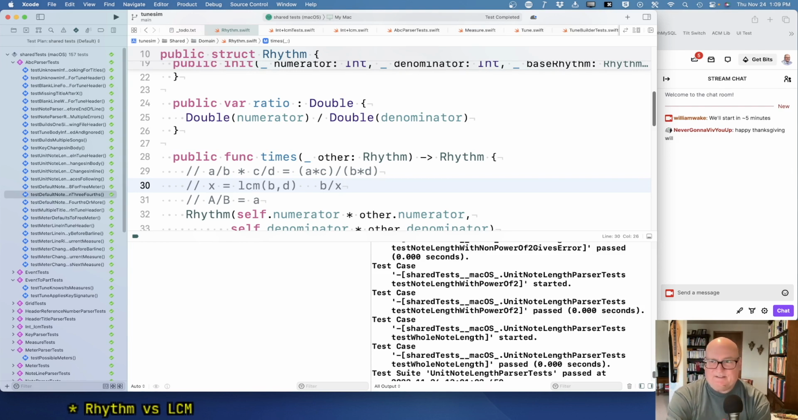I haven't even stuffed myself with turkey yet. Okay, if I take B over X, maybe I want X over B. If I take the least common multiple divided by myself, that should give me the factors that I need to multiply by. So I think if I take X over B times A,